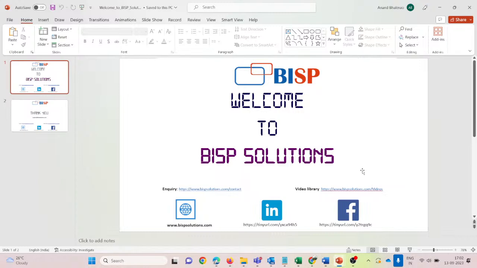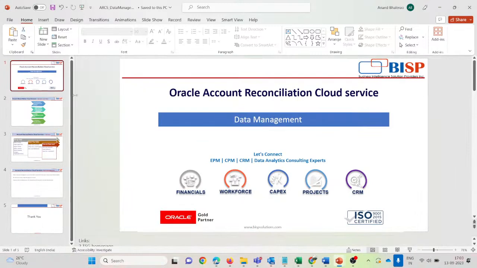In today's session, we will be learning about the loading of data with the help of data management in ARCS. So we can load data into ARCS